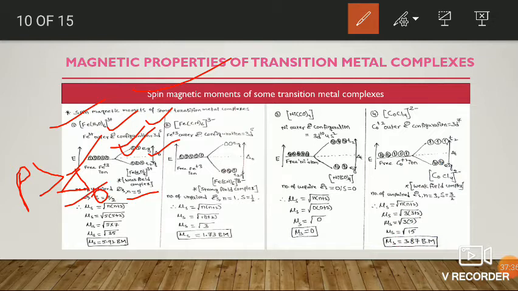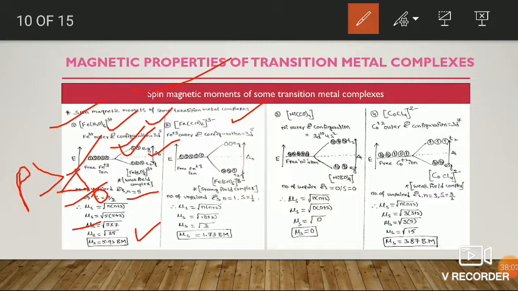According to the spin-only formula, mu s equals under root n into n plus 2. So by substituting n equal to 5, we get mu s equal to square root 35, which, according to the experimental value, is nearly equal to 5.92 Bohr magneton. Okay, next example is